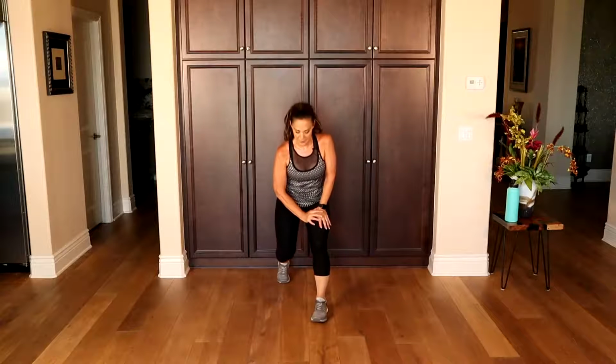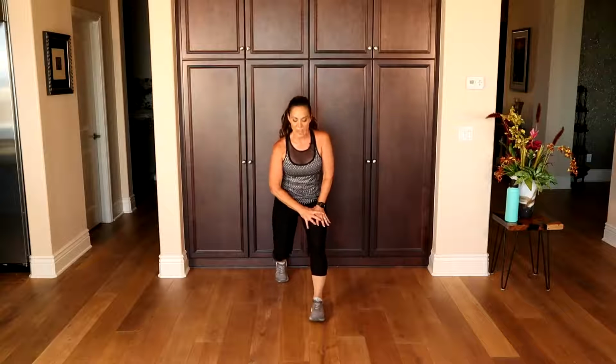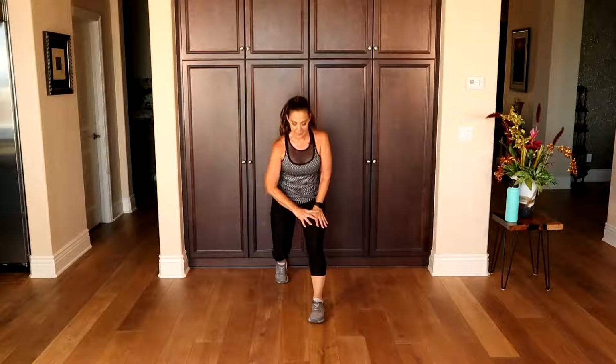Little baby bounce. Take your left leg back. Find your space. Just the knee in and out. In and reach. Focus on just a nice, comfortable extension. Little different on this side. 4,